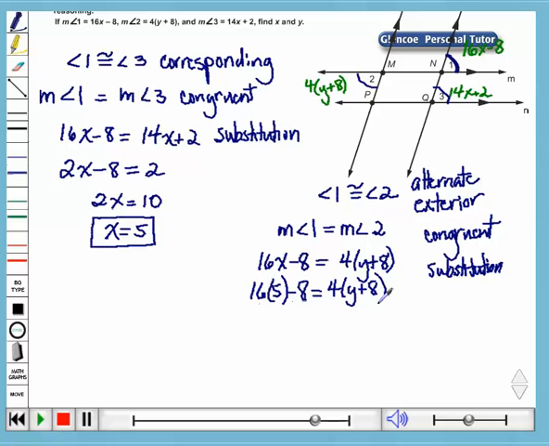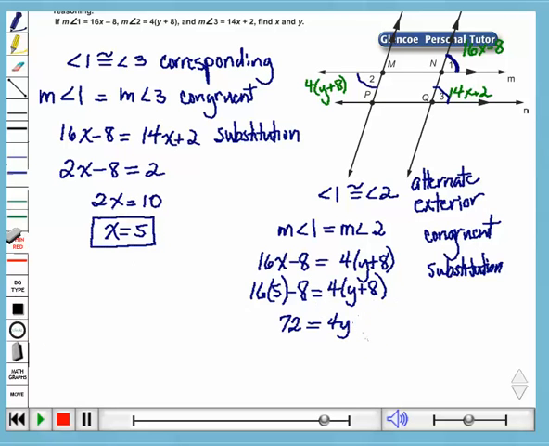So let's use some algebra now to solve for y. 5 times 16 minus 8 is 72. And using the distributive property,